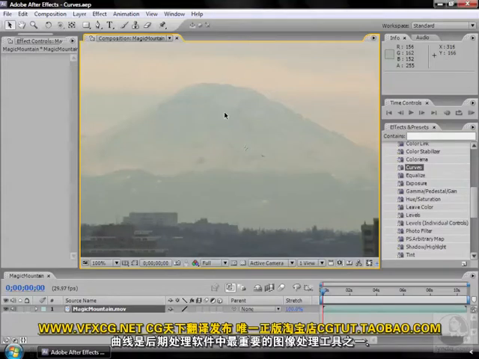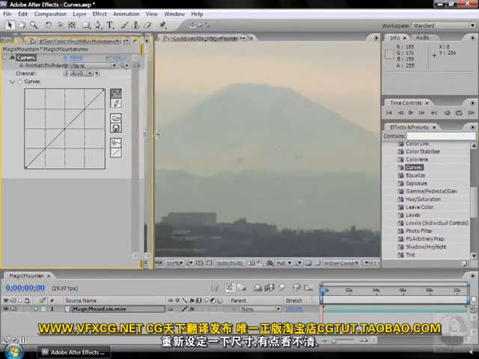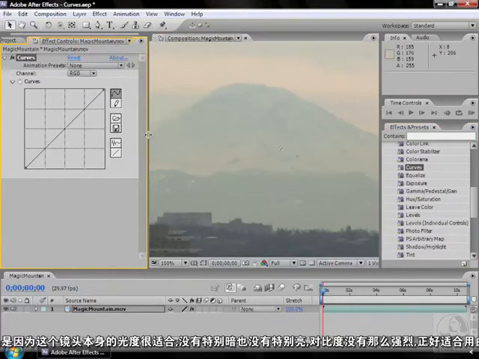Curves is one of the most powerful image adjustment tools in all of After Effects or Photoshop for that matter. So let's go ahead and apply curves to our Magic Mountain footage. I'm going to resize this so I can see this better. I chose this footage specifically because there are some luminance issues. We don't get too dark, we don't get too light, so there's not too much contrast, and curves is perfect